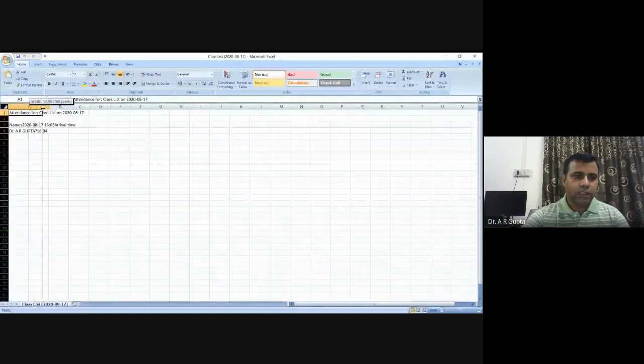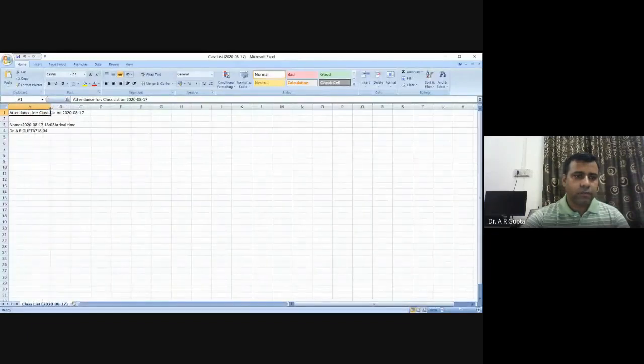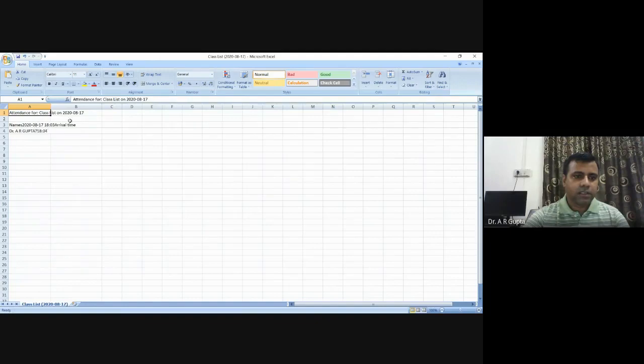Here the first column will be the attendance for the class, and then it will show the list of attendance for the class, with date and arrival. So for example, name, time of arrival and the date. Whatever participants are there, that list will be there, and their arrival time on the particular date will be stored in this Excel sheet.